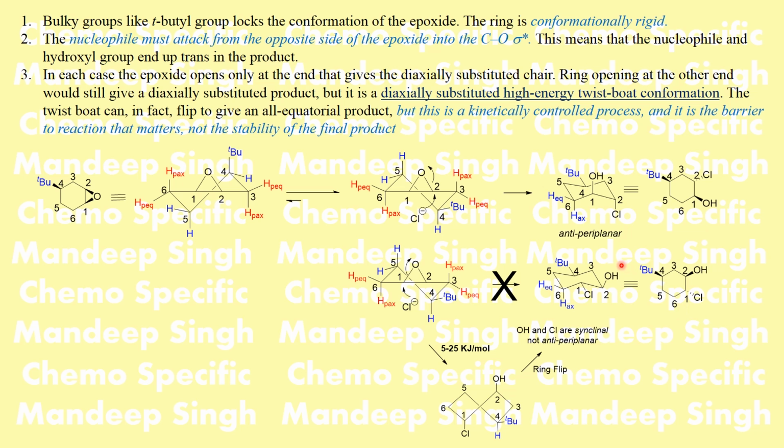तो ये जो एक्स्ट्रा बैरियर है, that is what actually matters, not the stability of the final product. क्योंकि हमारे इस केस में क्या है कि टर्शियरी ब्यूटाइल ग्रुप है, जिसकी वजह से कॉन्फर्मेशन लॉक हो गया है। अगर टर्शियरी ब्यूटाइल ग्रुप नहीं होता तो यही हमारा शायद होता। So just keep this particular thing in mind that this is a kinetically controlled process, it is the barrier that matters, not the stability।